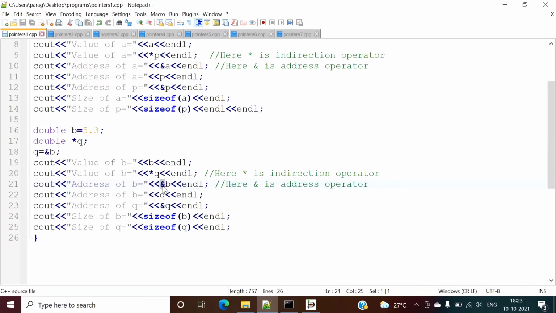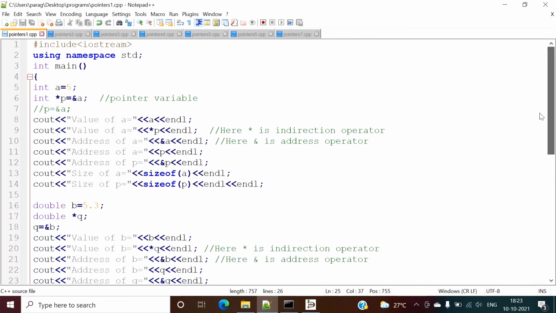So here it is returning the address of b. That is the only two things we have to remember. This is the indirection operator. It returns the value saved at the address which is saved in this pointer variable, while this ampersand returns the address. And size, that I already told, pointers have size equal to the integer variable.